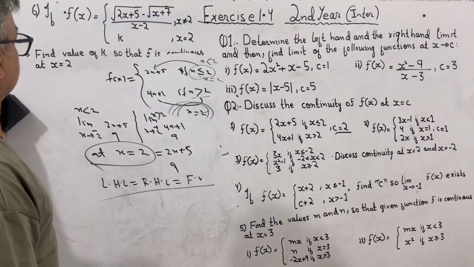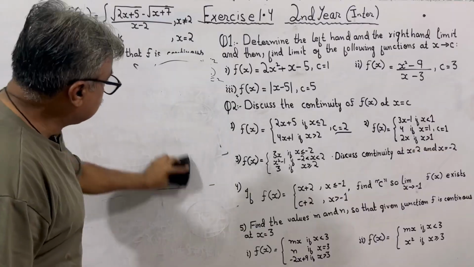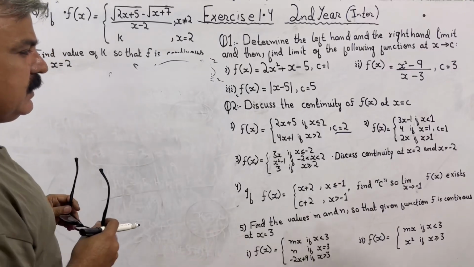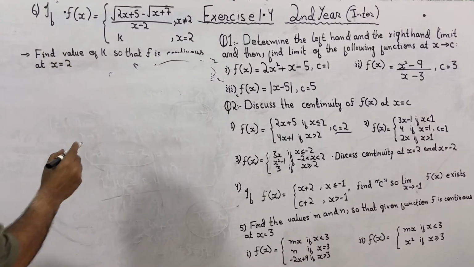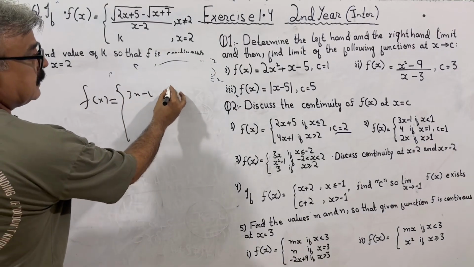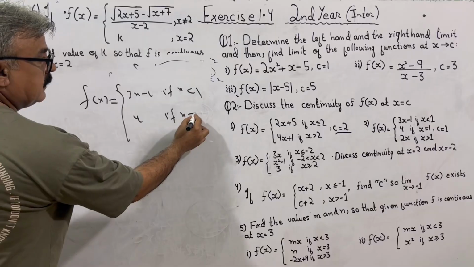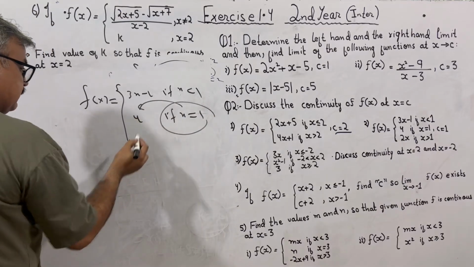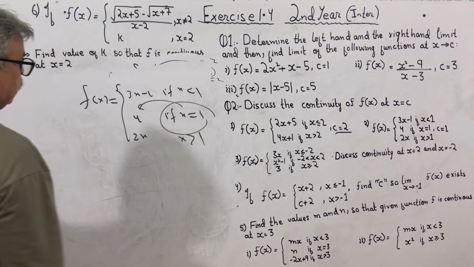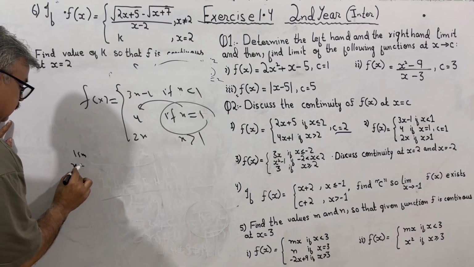Moving in the same fashion towards the next question, 3x minus 1. We have to check continuity or discontinuity at x equal to 1. The piecewise function is defined as 3x minus 1 if x is less than 1, which is for the left hand limit. It is equal to 4 if x is equal to 1. x equal to 1 means this is the function value. The function value is given to us as 4. What about the right hand limit? It's 2x when x is greater than 1. Left hand limit, limit x tends to